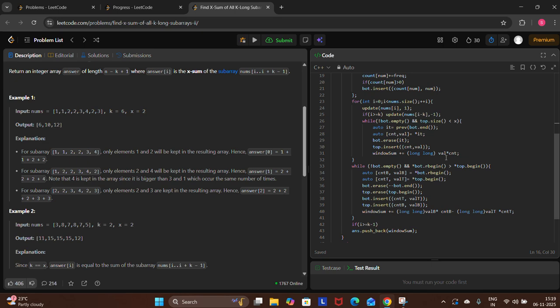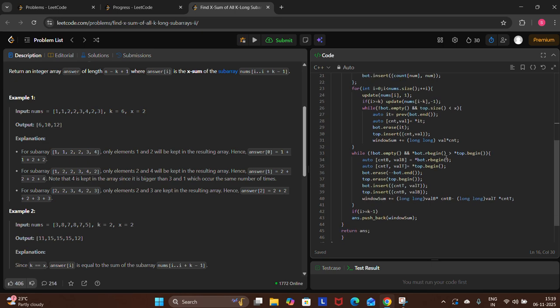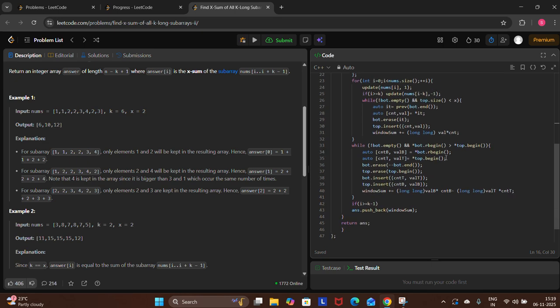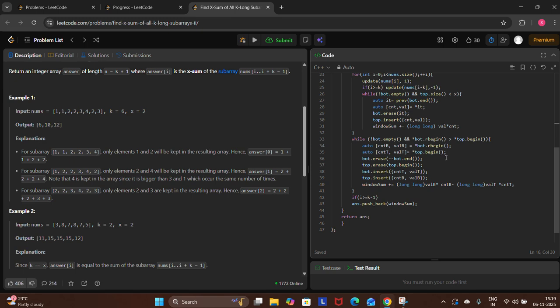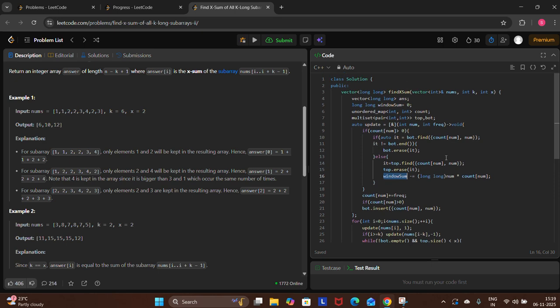So that's how we will be solving the question, and I hope this logic is a perfect one, because yes, it's running and I also submitted it yesterday. This uses the sliding window logic with frequency balancing using a multiset. So this was the basic logic. I would have written the code again, but I already wrote it yesterday and also noted it down in my notebook. So this is how this question goes.